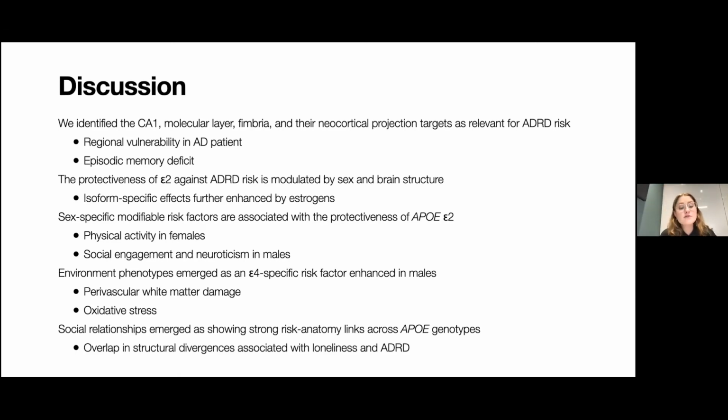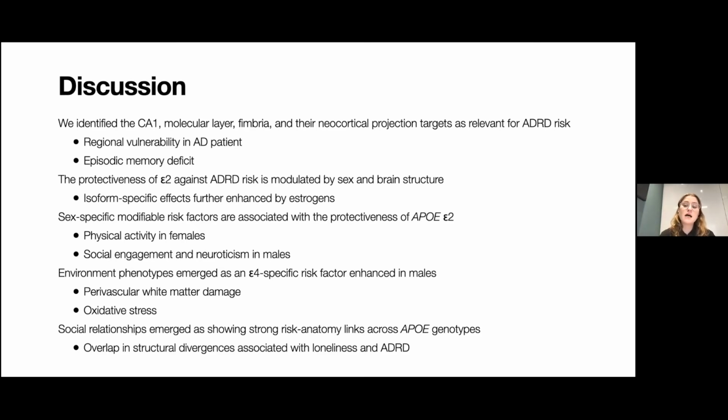This resilience towards cognitive decline that is generally observed amongst E2 carriers could arise from a relatively higher baseline APOE steady state level in regions including the hippocampus and frontal cortex as compared to E4 carriers and E3 homozygotes. So this isoform-specific effect related to the APOE protein could be further enhanced by a microglia-driven homeostatic response to amyloid beta accumulation. So it is known that older E2 carriers with amyloid pathology are less likely to be